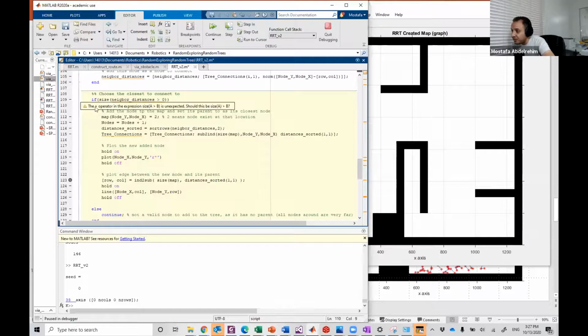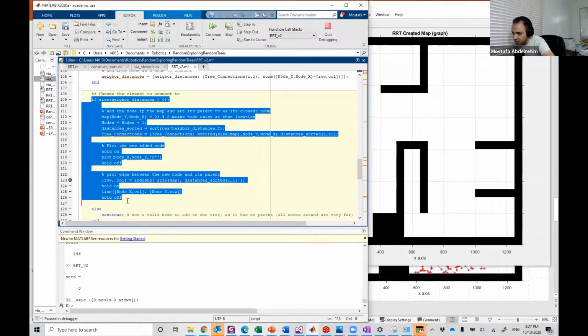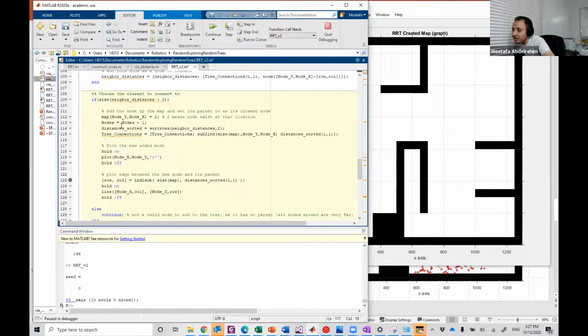This is the connection part, but before that there is a condition to go into it. If the size of this array is larger than 0, that means there are some neighbors that I can connect to, there is no obstacle between, and all of them are within the range. If so, I will